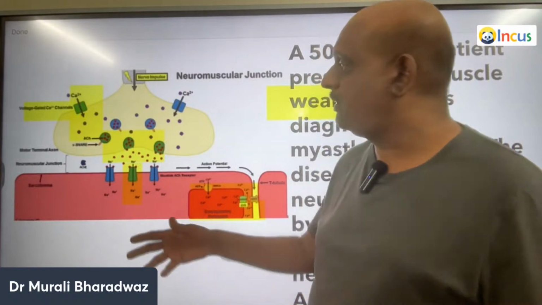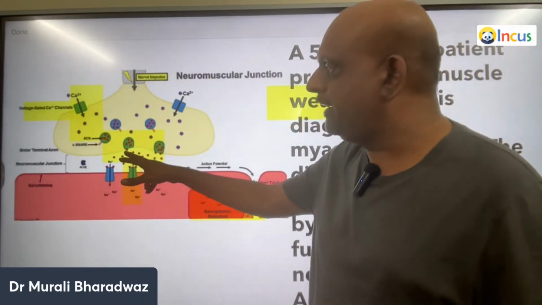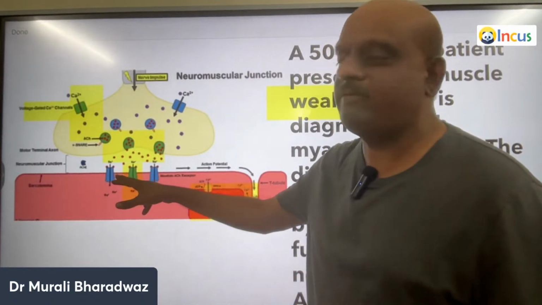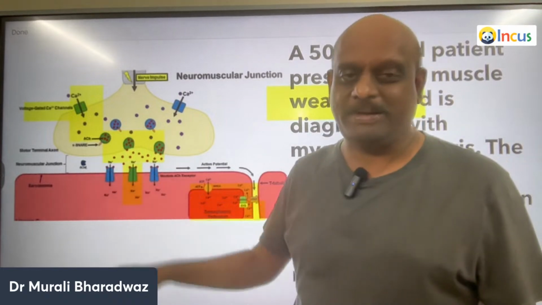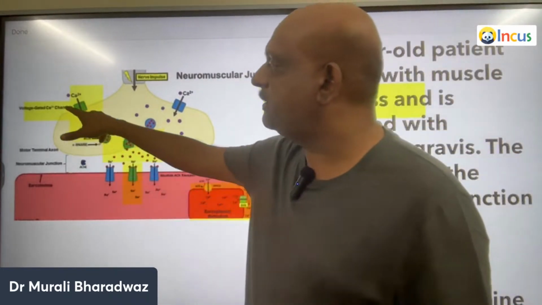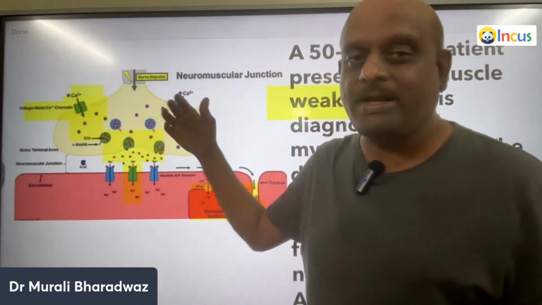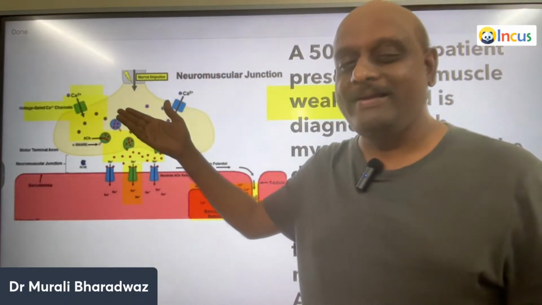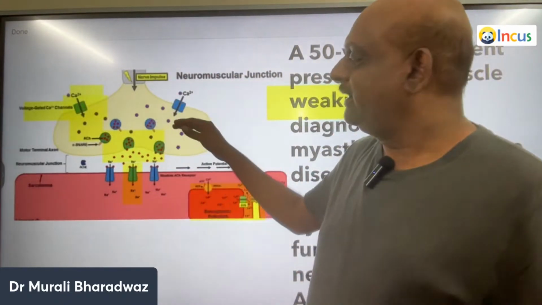Myasthenia gravis is the problem where acetylcholine which is being released is not able to bind with the postsynaptic receptors. And where is Eaton-Lambert syndrome? Eaton-Lambert syndrome is the problem with these voltage-gated channels which are presynaptic. That's the reason